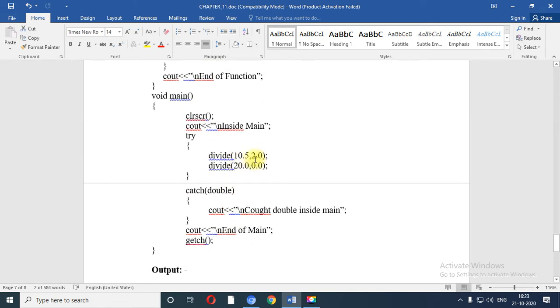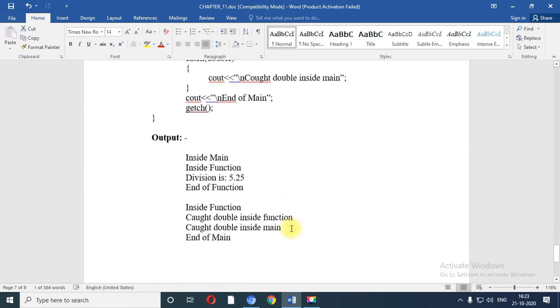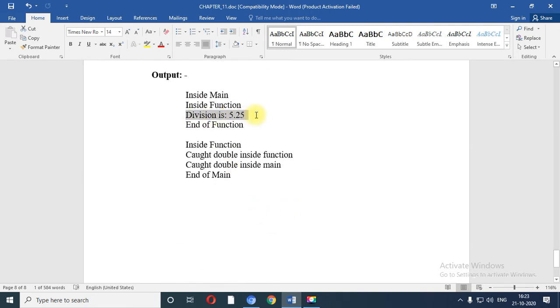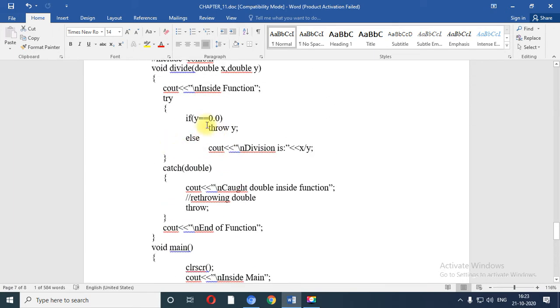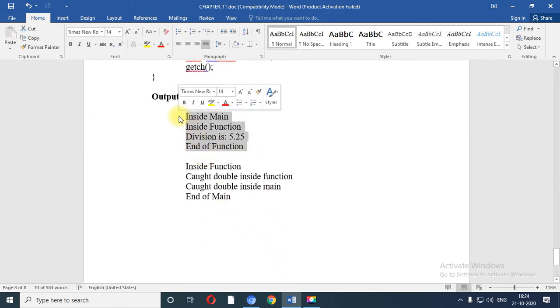What is the value of y? 2.0. So the else portion is executed and whatever the division is, it is printed. So over here division is 5.25 is printed. Now it will print end of function, so end of function is printed on the screen.